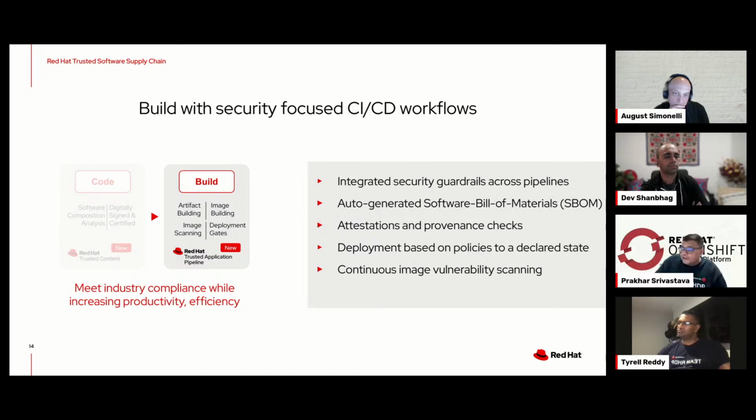Now, another thing is origin checks. We want to ensure that we know the source of the software being used. We want to know the source of the build images being used. We can build up deployment rules with secure guidelines. We can continuously scan the code. We can sign and trust. So Red Hat has been working with Sigstore, bringing something for signing. Now we can sign our code.